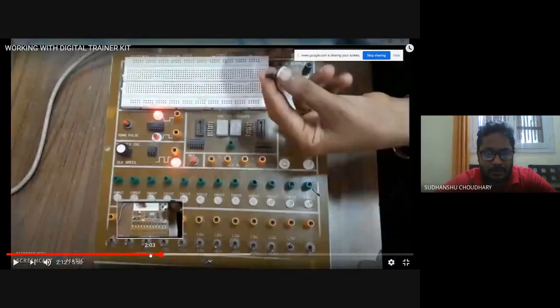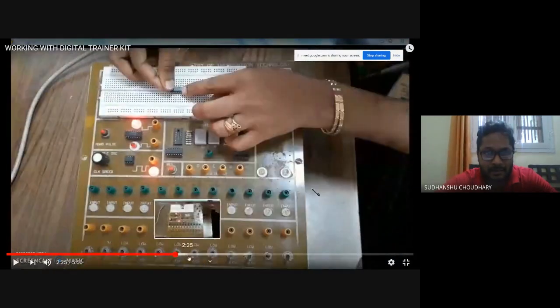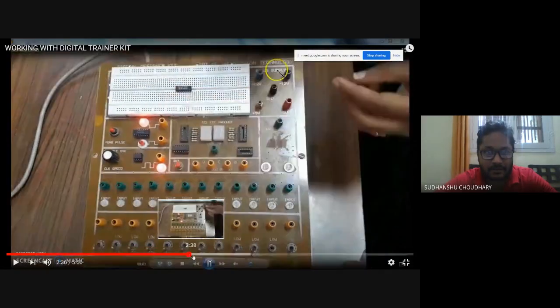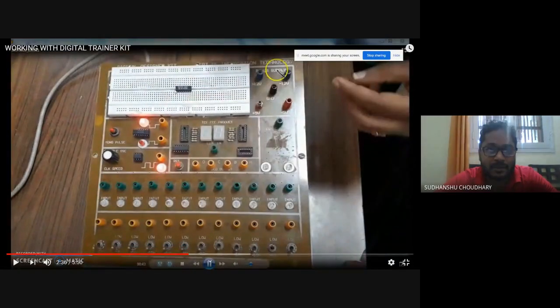Then on the wishboard, you have to place your IC in this manner, like this. You will not put it completely in this portion or this portion. Half of the IC will be lying in the middle, and the other half, the top pins, will be on the upper portion of the board, because these two portions are not connected. So if I want some connection, I can directly connect.